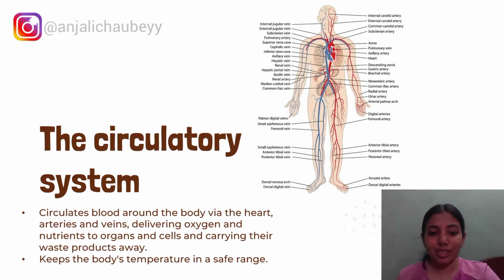The circulatory system consists of the heart and blood vessels. The picture on the right side of this slide depicts the circulatory system of the human body. When we inhale, like I taught you earlier, the inhaled air consists of oxygen and this oxygen is absorbed into the blood via the lungs. And this blood, which is called oxygenated blood, reaches the heart. And the heart pumps this oxygenated blood to the cells of tissues and organs.